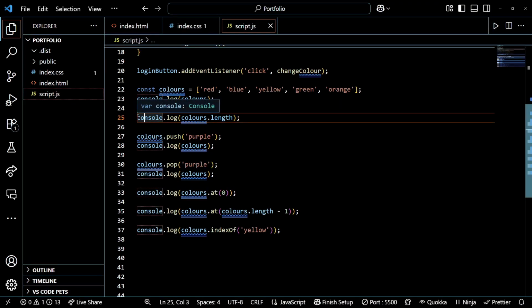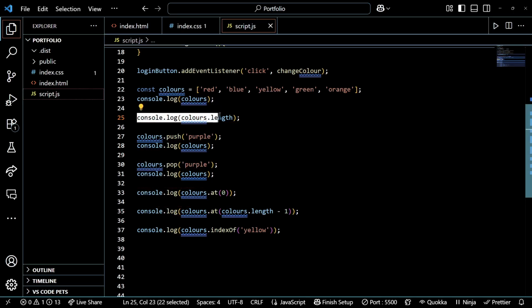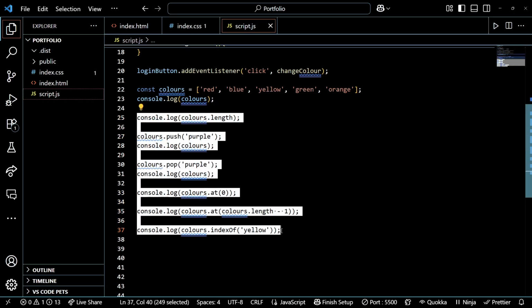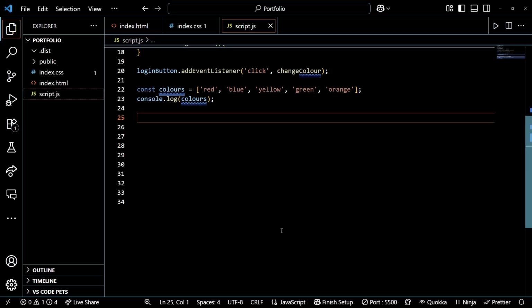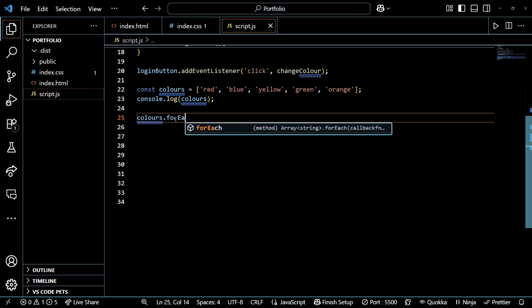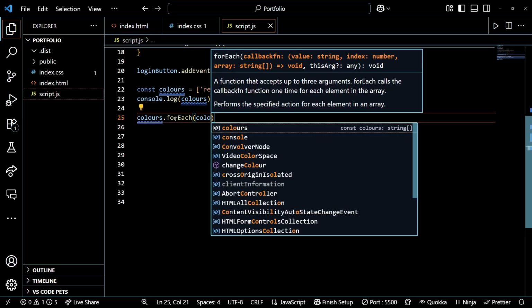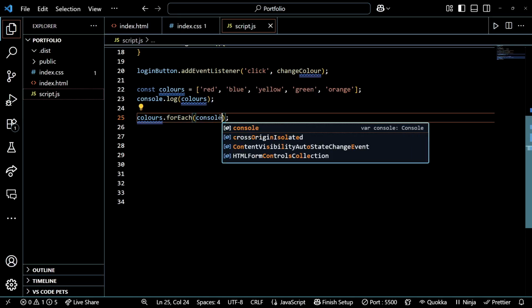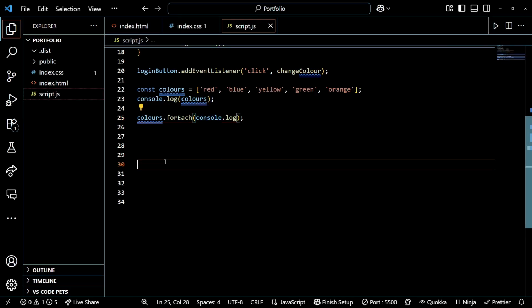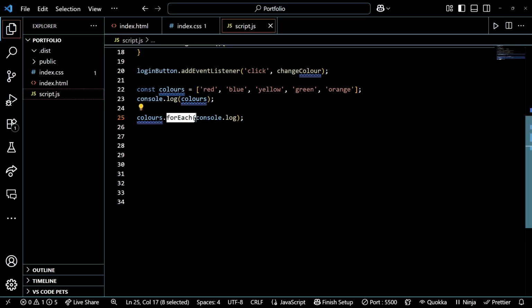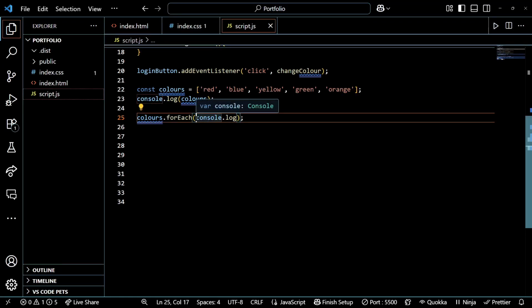Now select all these lines of code from console.log colors.length and remove them. Next, we'll look at methods to transform an array. We'll start with the forEach method. This forEach method will iterate through the whole array, and for each element in the array, it will console.log